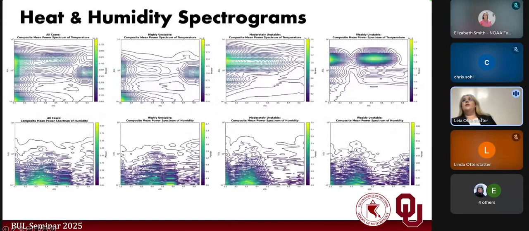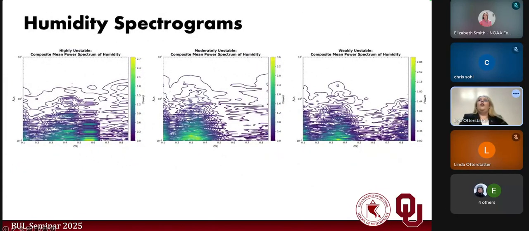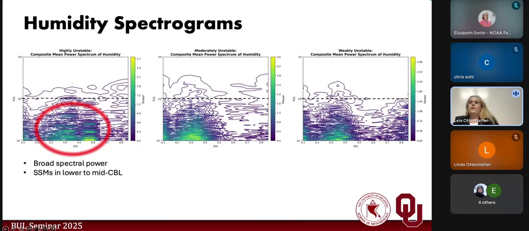So now that we've examined temperature, let's take a look at humidity. Obviously, it looks a lot different than temperature. It's a different story. Looking at the highly unstable cases here, again, let's add that line there. Right in here, there's broad spectral power with small scale humidity variance that's dominant in the lower to mid